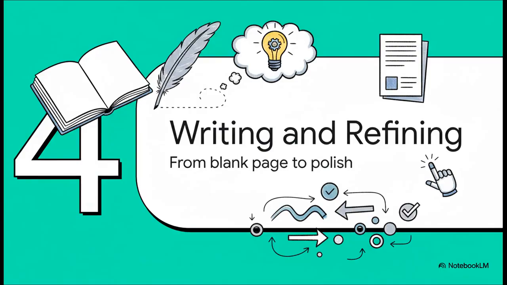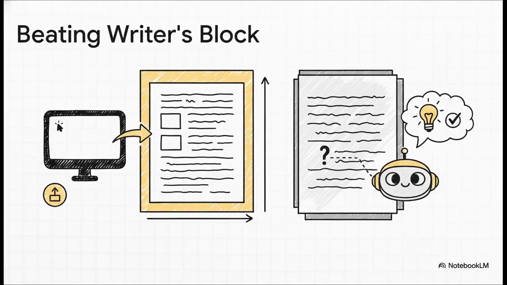Now we're in Section 4, writing and refining your paper. You've got your idea, you've got your framework, now it's time to face that blank page. Staring at a blank screen is the worst, but a tool like Jenny.ai can take a simple prompt and just generate a whole detailed outline for your paper in seconds. And then when you're actually writing, a plugin like PaperPal sits right there in your Word doc and can answer questions or define things for you with references so you never lose your flow.